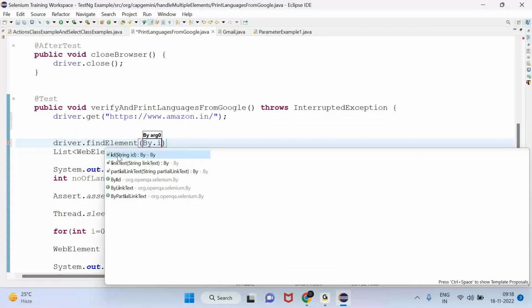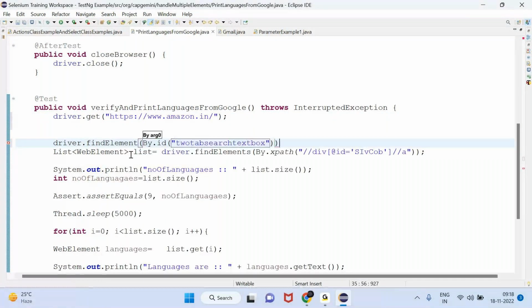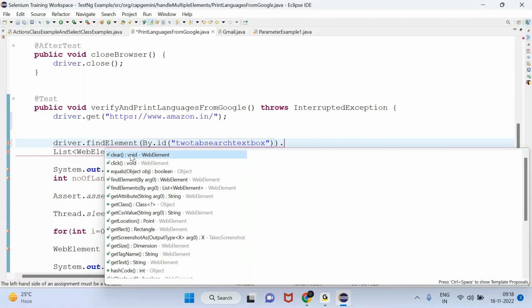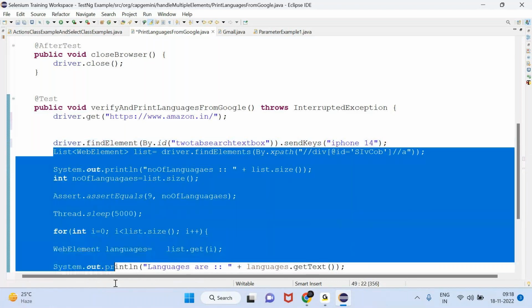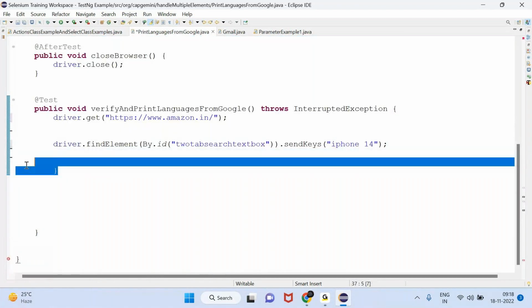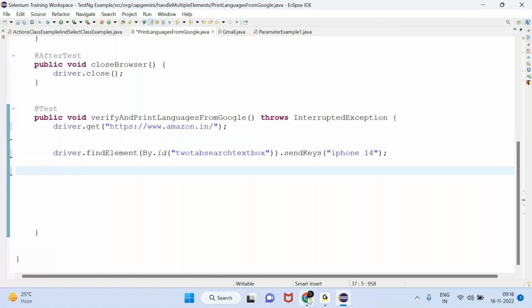Here we are going to enter iPhone 14. After entering iPhone 14,